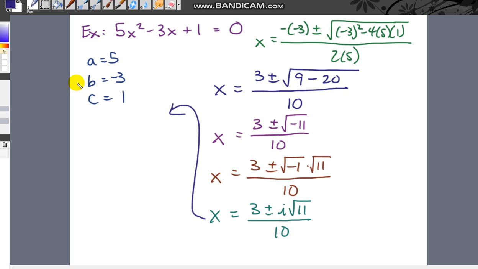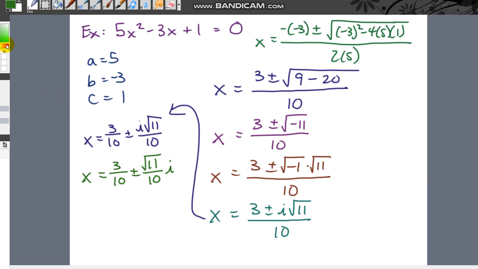On the left hand side, we're going to break this up and divide the 10 through. So x equals 3 divided by 10 plus or minus i times square root of 11 divided by 10. And like I mentioned earlier, it's good practice to put this i in front of the rational expression. So when we put it in front, we get x equals 3 divided by 10 plus or minus square root of 11 divided by 10 times i, which means our two imaginary solutions, our final answer, is going to be